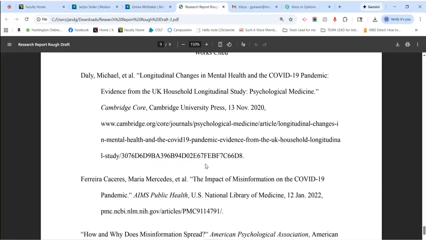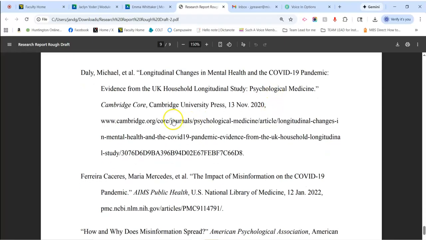Yeah. So, what you want to do is put your cursor here, like say maybe right here after the word journals, and hit the space bar. And if it works right, then this part will pop back up here. And this part here will move to the left, and everything will move the way it's supposed to. You may have to do that more than once to get all of it to line up to the right, but that's how you do it.